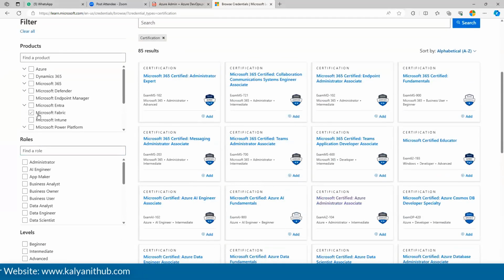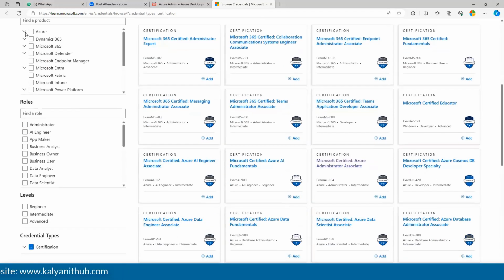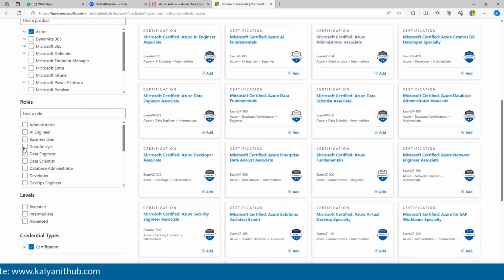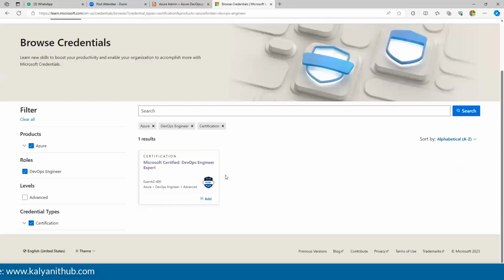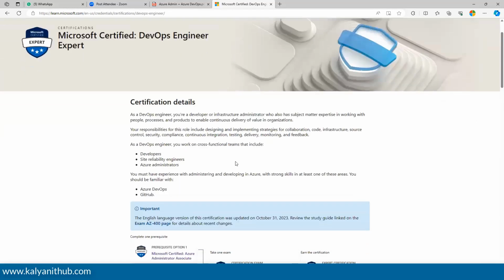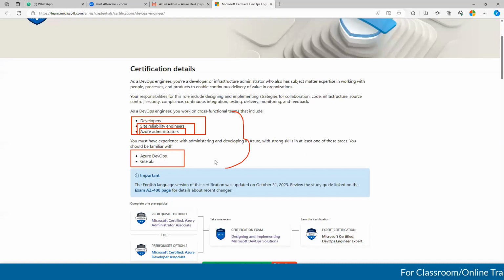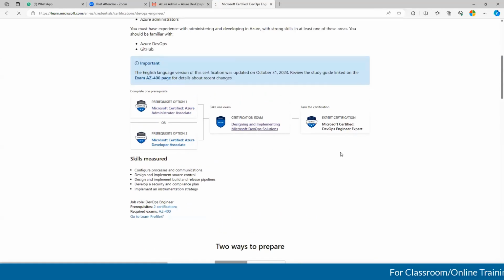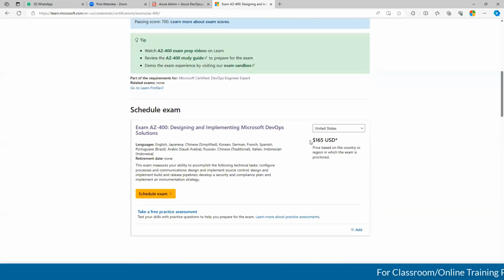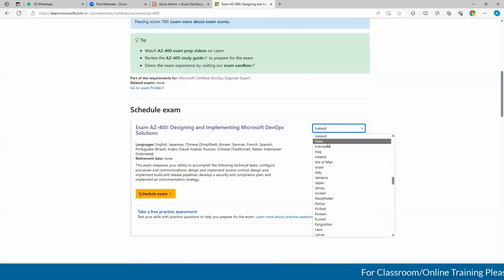Okay, yeah, here I can say Azure DevOps. See here, prerequisites. What are they? Administrator, guys. Azure administrator, site reliability. Both are common technical words. If you have knowledge about GitHub and DevOps, that is the total certification. Cost is same. As I said, it is the 4,800 official cost. Okay, including GST, it will go 6,000, guys.